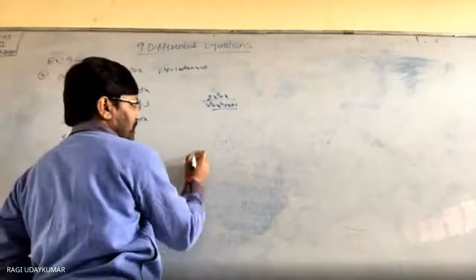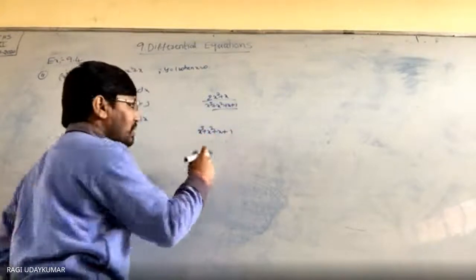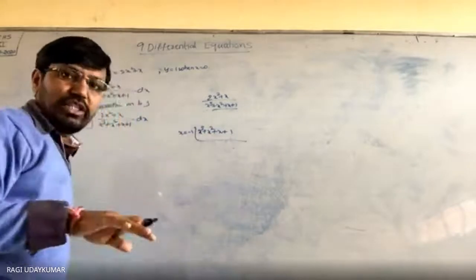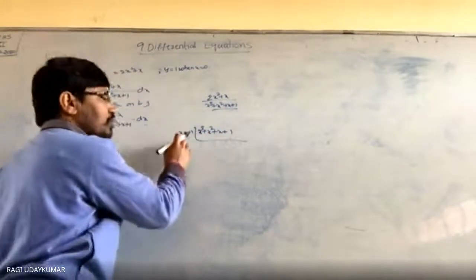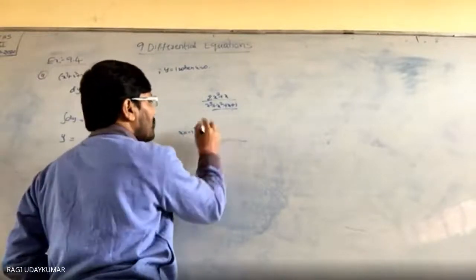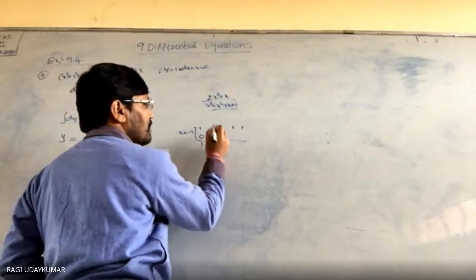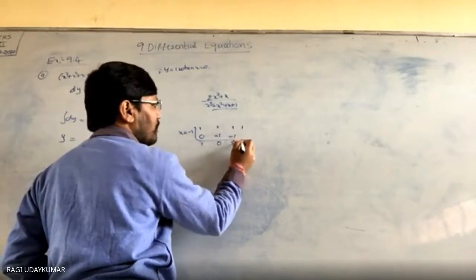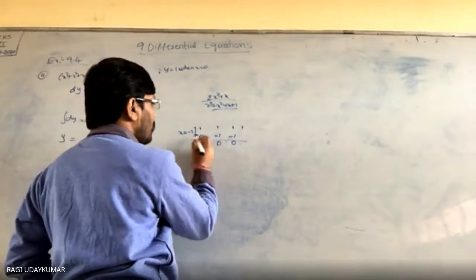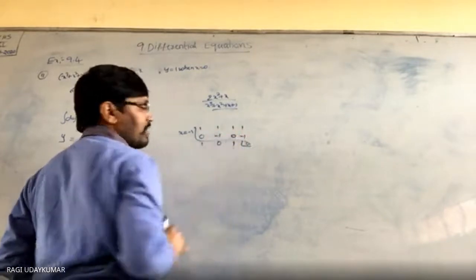In this, -1 is the solution. So in x cube plus x square plus x plus 1, if we substitute -1, then 0 will come. So then we have to do it by division, to find the other factor. This is called the synthetic division method. So what do we do in the synthetic division method? Just the coefficients are to be taken into consideration. So this 0 I am taking. Here 1, -1, 0, 0 into -1 is 0. Sorry. 0, -1, 0, here 0 will come. 1 into -1, this is 0.